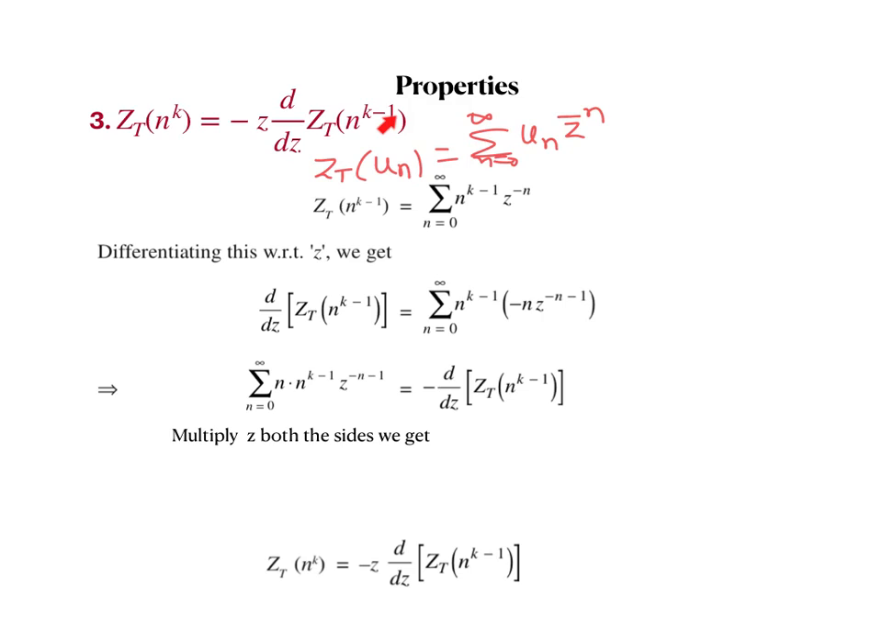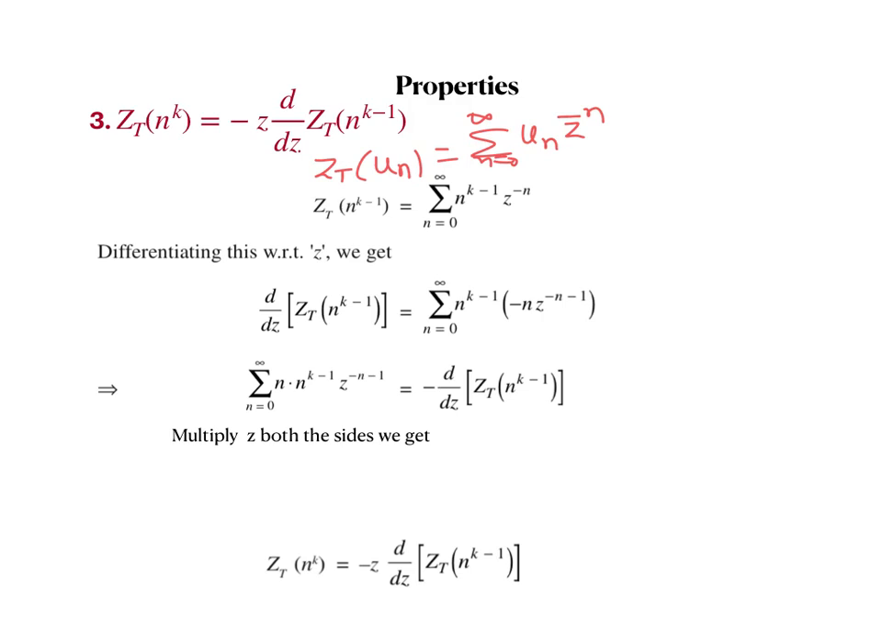Now I'm writing this in reverse in this step. So summation n equal to 0, we have this n power k minus 1 and this n, and z power minus n minus 1, and I shift this minus to the other side. It is minus d by dz of z transform of n power k minus 1, because we have minus here. Now we multiply what is required for the complete RHS, z. We have minus d by dz. So you multiply z both sides and we get